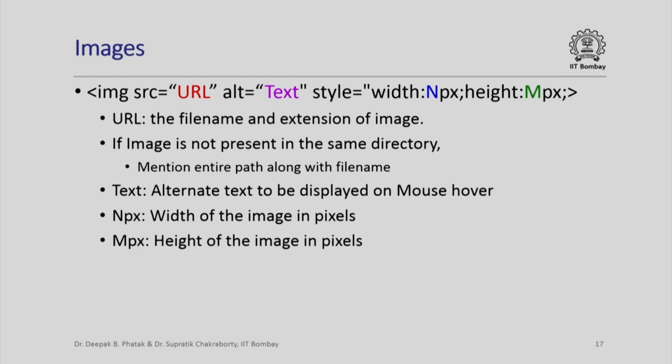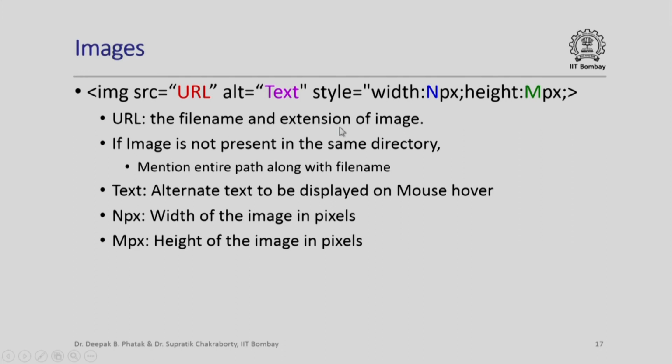Having seen hyperlinks, we notice that if a hyperlink points to an image which is stored somewhere else, it will automatically be loaded and displayed whenever you click on that hyperlink. However, if I want to display an image which is locally stored on my disk, there is a special feature available which provides an img tag. In this img tag, you can define the source location of that image. Notice the word URL actually means the file name and extension of that image.